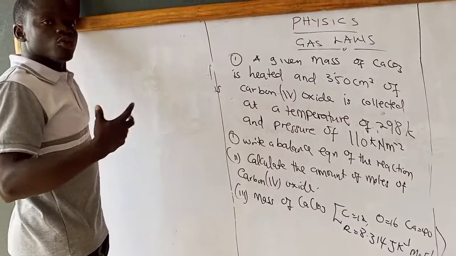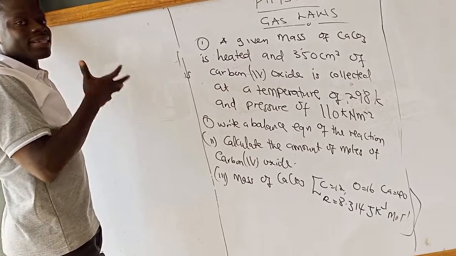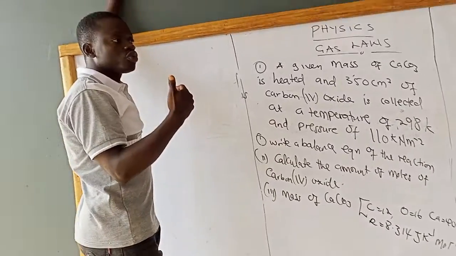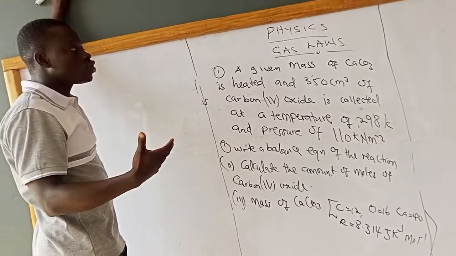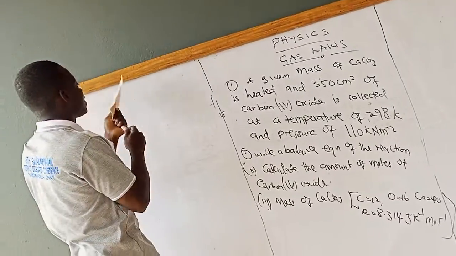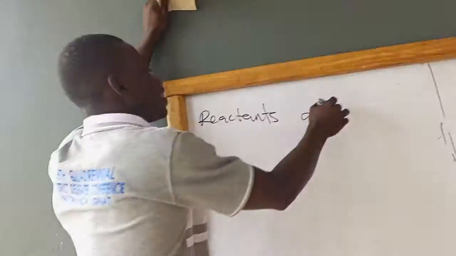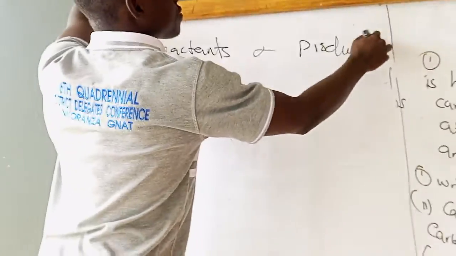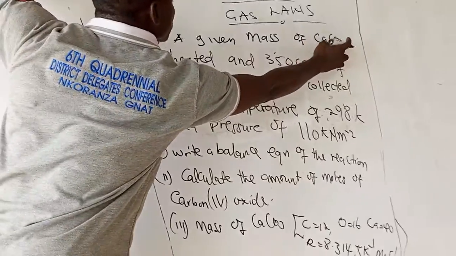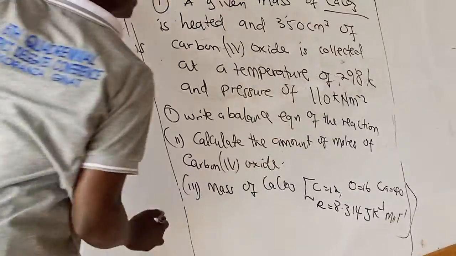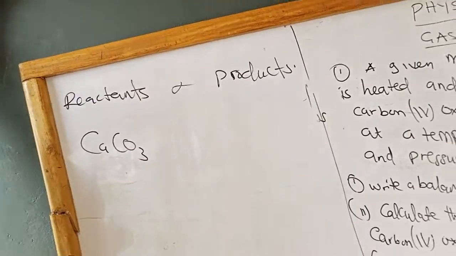So when you are writing a balanced equation, it means that you have to consider those that are reacting to produce something. You have to cook something to get something. So what is being reacted here, or what are the reactants? In every balanced equation, we are dealing with reactants and products. So now you ask yourself, what are the reactants here? They said a given mass of calcium carbonate was heated. It means that calcium carbonate was heated, so that becomes the reactant. So calcium carbonate was heated to give